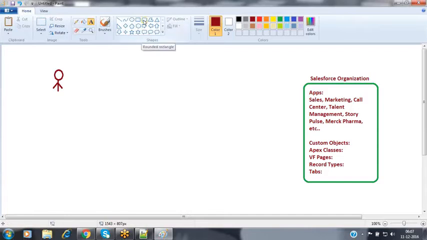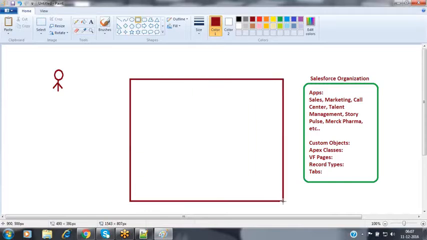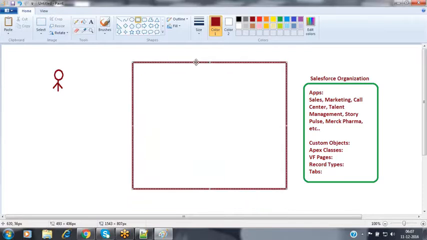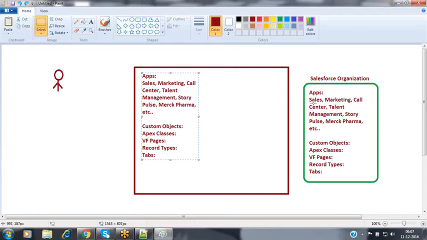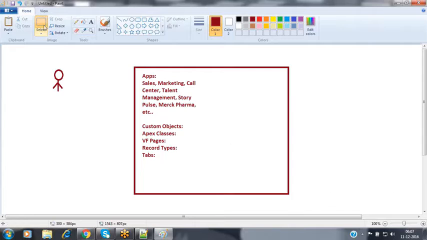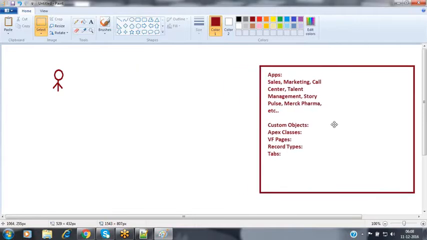Now assume that these are the objects that we have. Assume that this is my Salesforce organization, and I'm placing all these things over here.